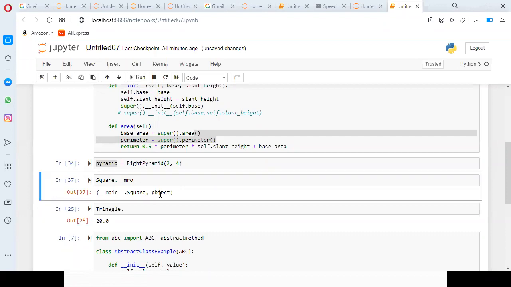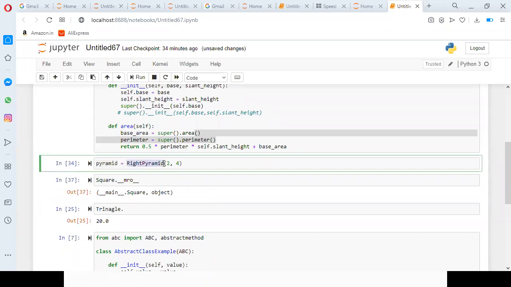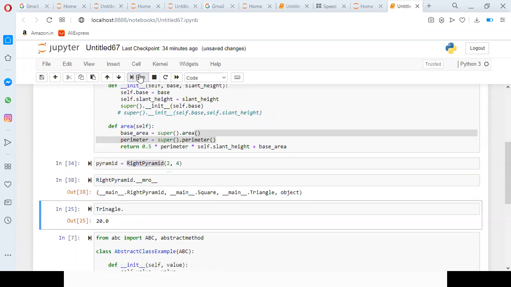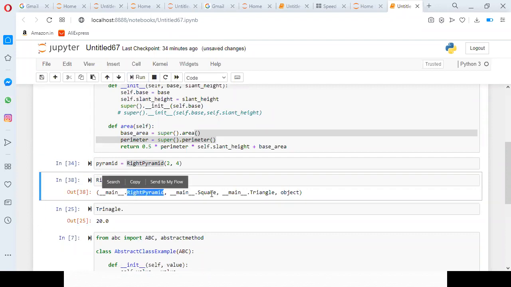Okay. So when I go with right pyramid, it is having first square, then triangle, it is going to execute, then object. So right pyramid is giving preference to first square, then triangle, then object. Okay.